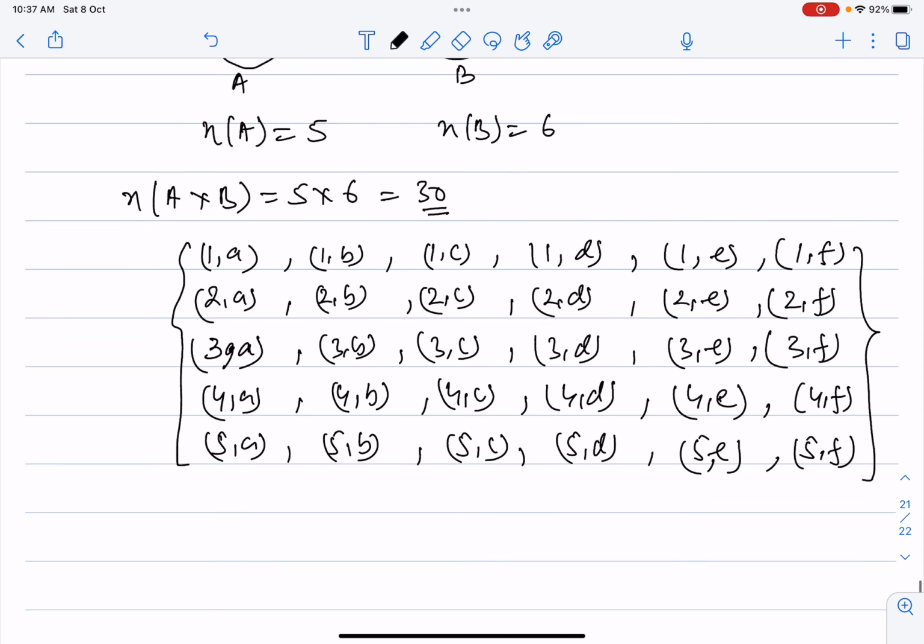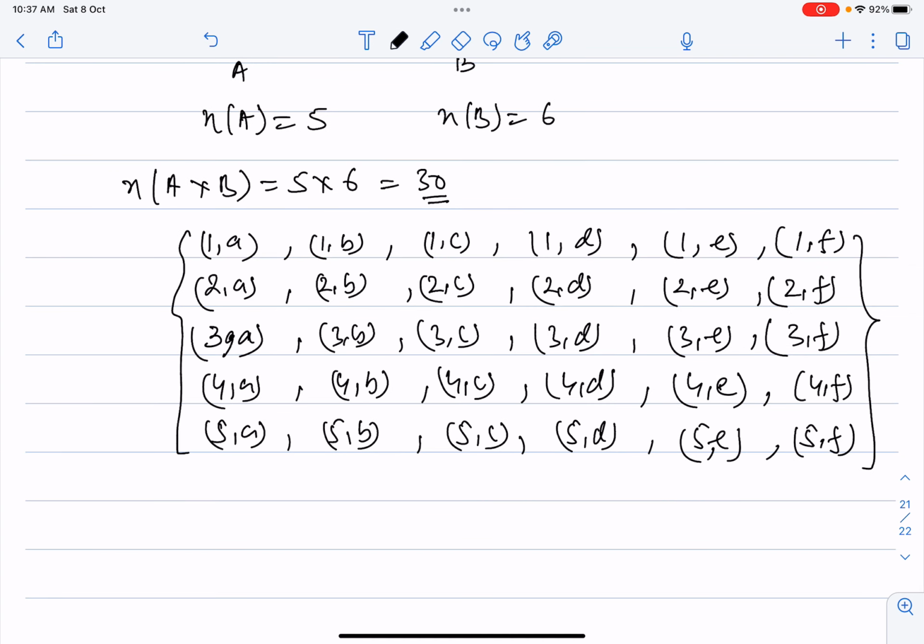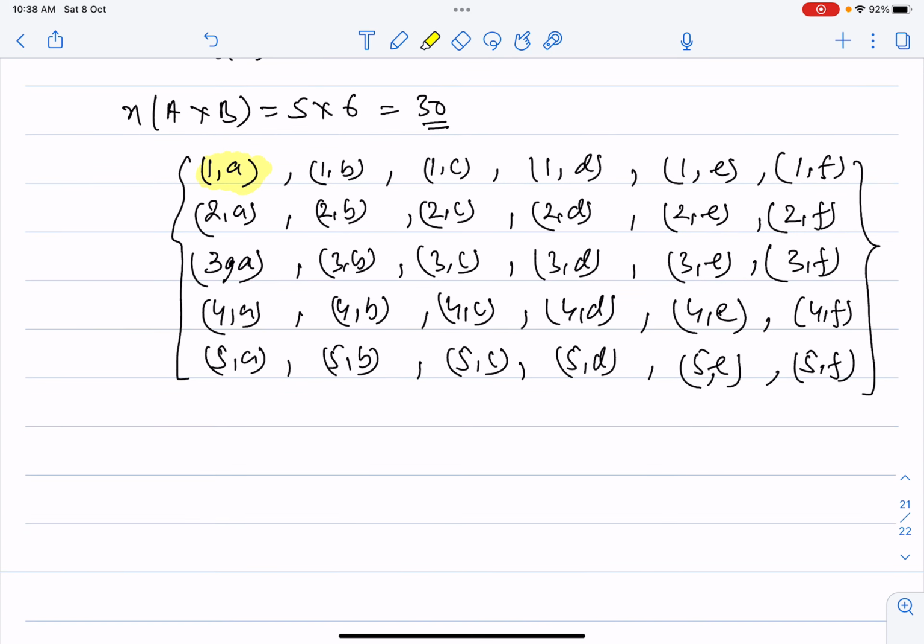So the number of relations we were talking about. See, every ordered pair has 2 options. Either that particular ordered pair, for example 1 comma a, will be in the relation or it will not be in the relation. So 1 comma a has 2 options. Similarly 1 comma b has 2 options. So like this,